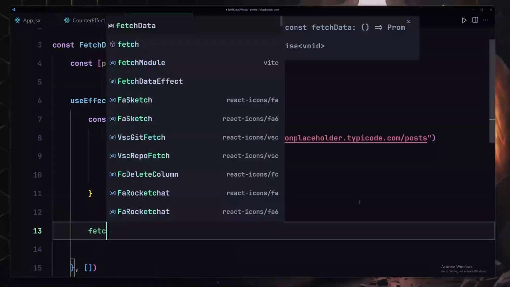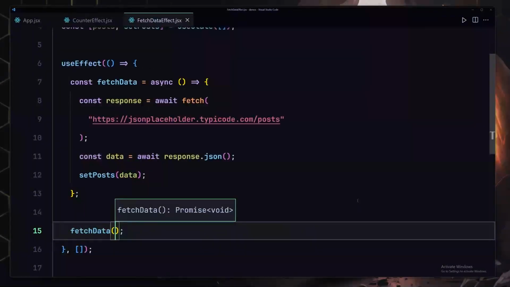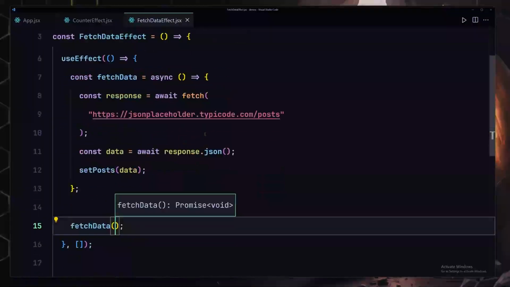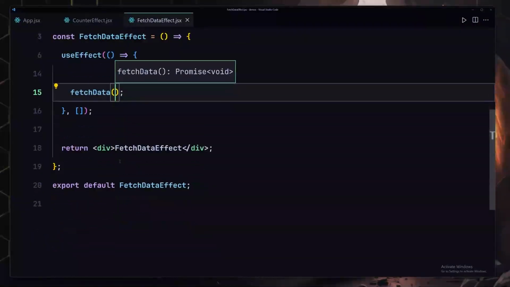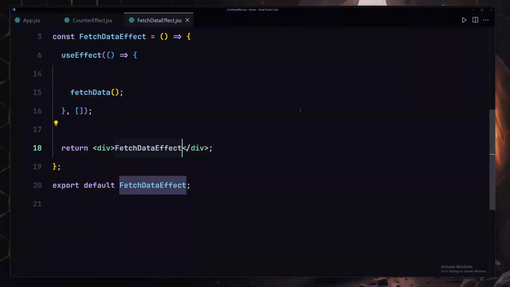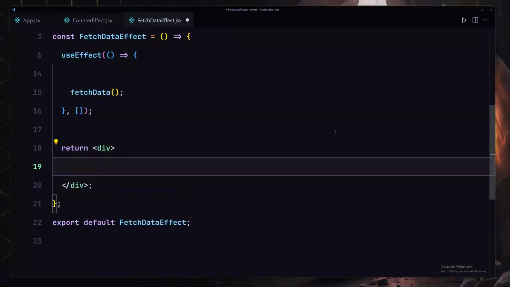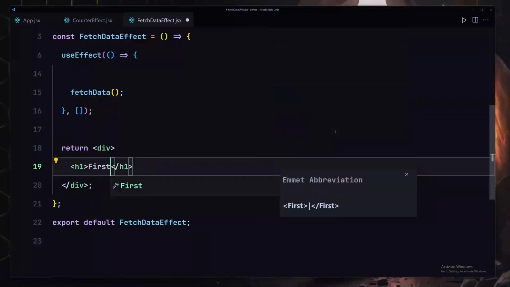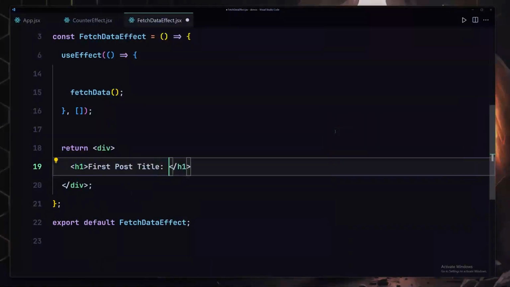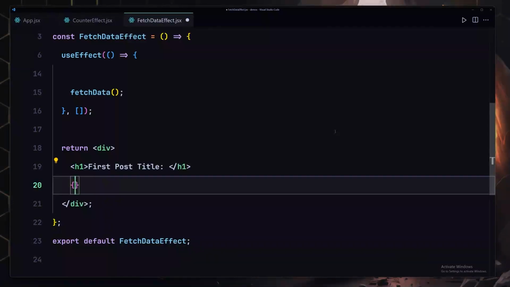Now underneath this function we are going to be calling it. Okay, so now if I save my file and call them, it's going to give us the perfect response. So we have to also render the data to the DOM so that we can see them. I'm not going to do anything crazy, so I'll just write first post title, and here underneath this h1 we're going to be iterating over all of the posts. So I'll just use